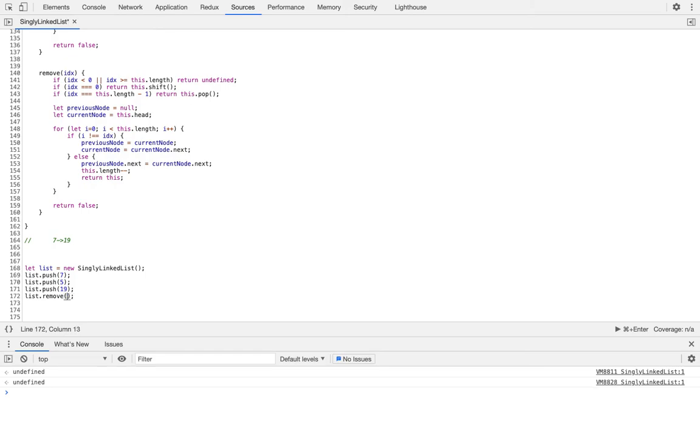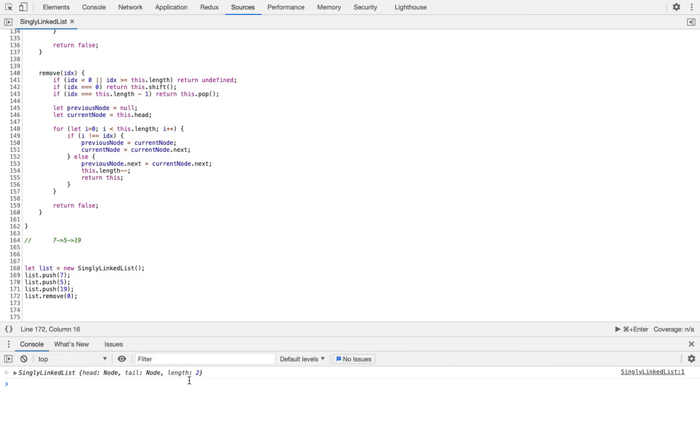Let me start this here. So right now, let's restart this here, draw this out. So 7, 5, and 19. So if I want to pass in 0, which is this edge case here, it's going to remove the first element, which is a 7. So let's check that out. Run the code. Oh, no, what am I doing? Not push that. 7, 5, and 19. And then now I want to do list dot remove at index 0. So clear this up, run the code again,